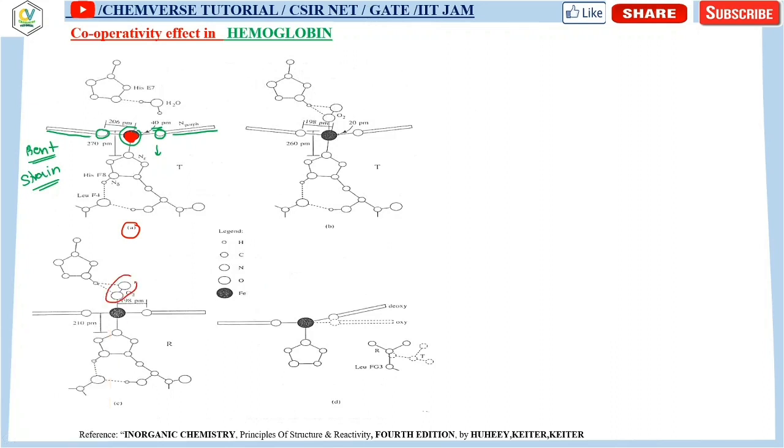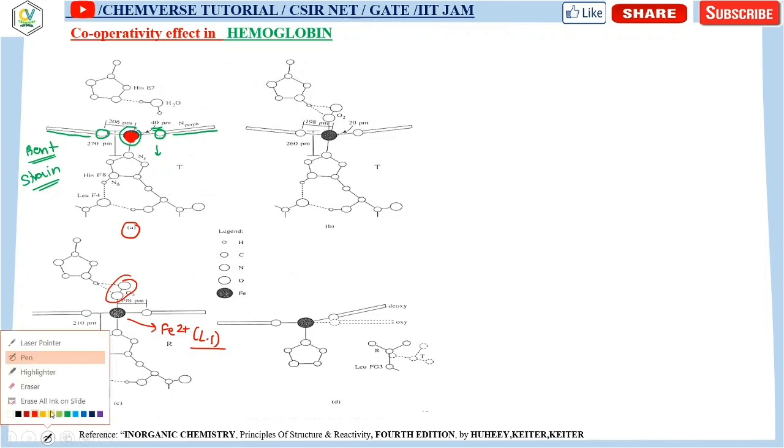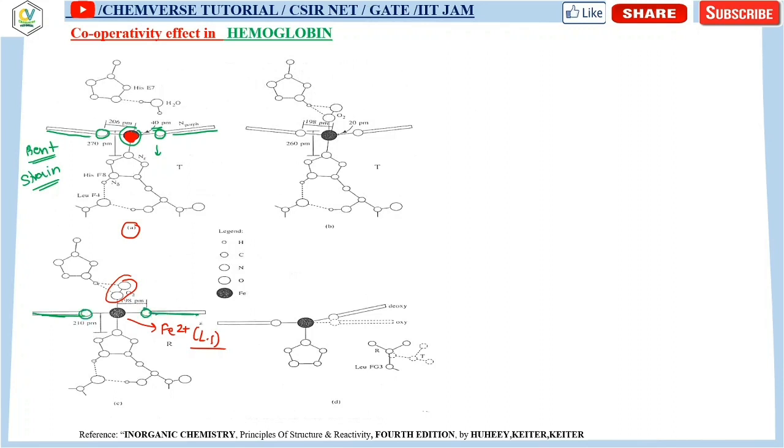Then when the oxygen molecule binds with the iron, this iron 2 plus is converted to low spin. From high spin to low spin conversion occurs, the ionic size decreases, so now it can fit in the cavity of the porphyrin ring, and it just suitably fits inside. This is nothing but the part of the porphyrin ring. These two are nitrogens of the porphyrin ring, you can see. So now it is present in the plane of the porphyrin ring, and now this porphyrin ring has no such strain.